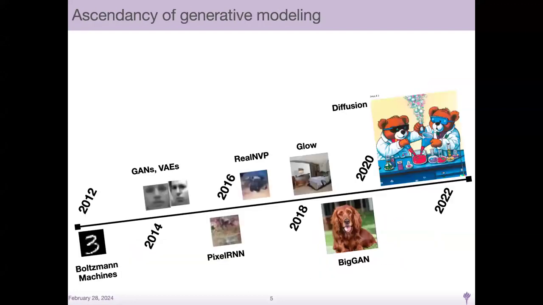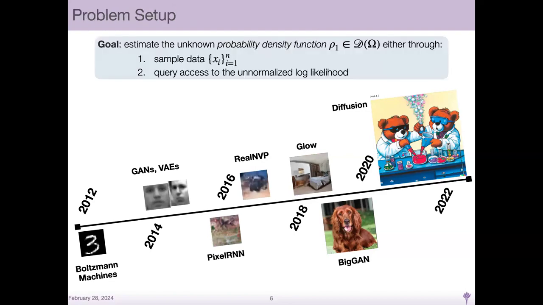And I'm going to take some motivation today from the ascendancy of generative modeling over the past 12 years. So in 2012, our best depictions of being able to represent underlying data distributions were stuck at MNIST. We were able to generate handwritten digits using things like Boltzmann machines, and progressively over the past 10 to 12 years, the power of these models has grown extremely rapidly. Now we can query a diffusion model in 2022 and say, draw me an image of two bears doing chemistry in the form of a cartoon, and you can get that in a matter of seconds.